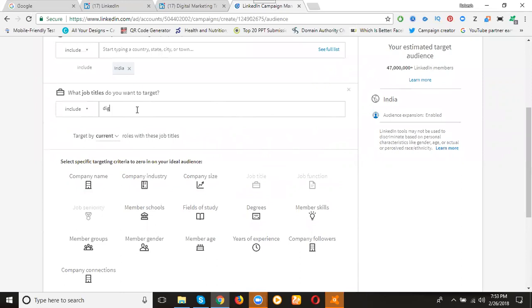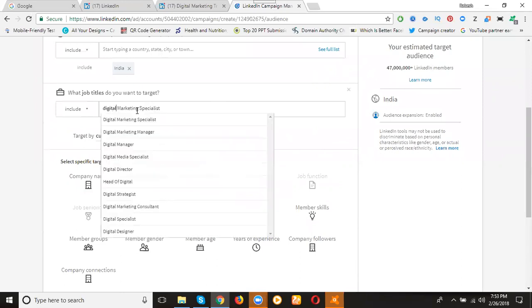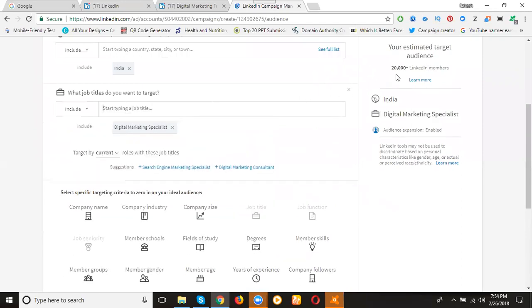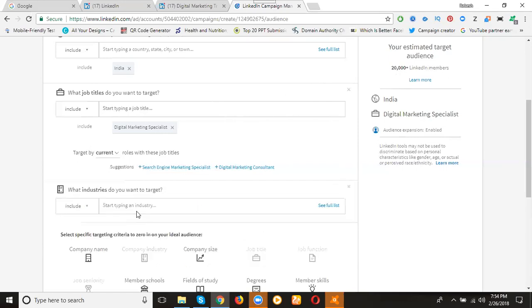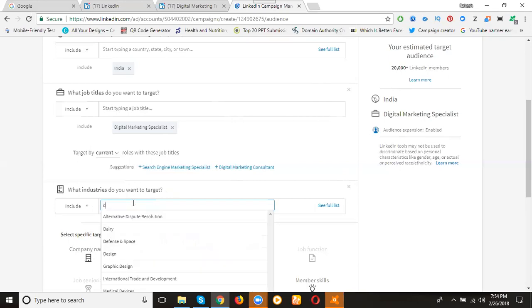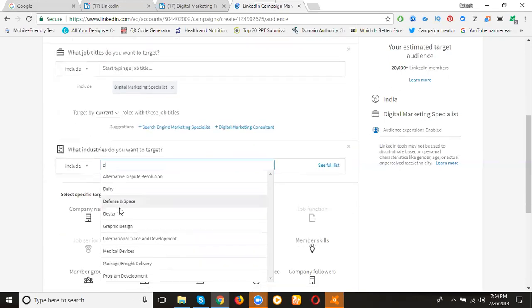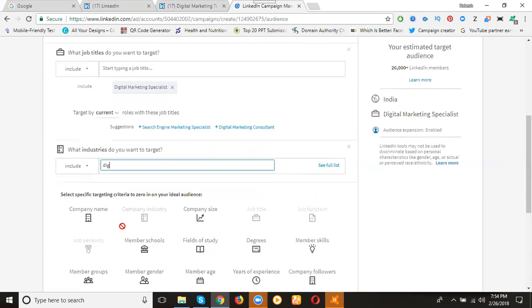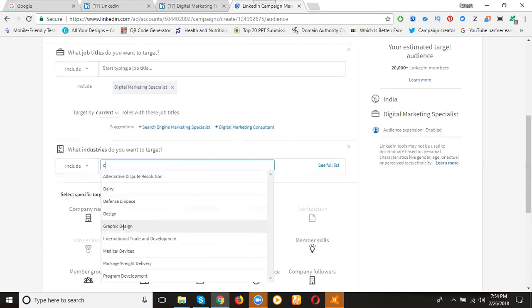I'm selecting digital marketing: specialist, manager, and digital manager. I'm selecting digital marketing specialist. How many members are there? 20,000 plus, previously 4 crores 70 lakhs. Now company industry. IBM, select here. Design, graphic design.